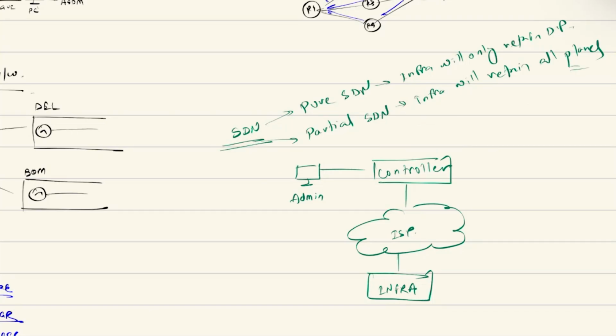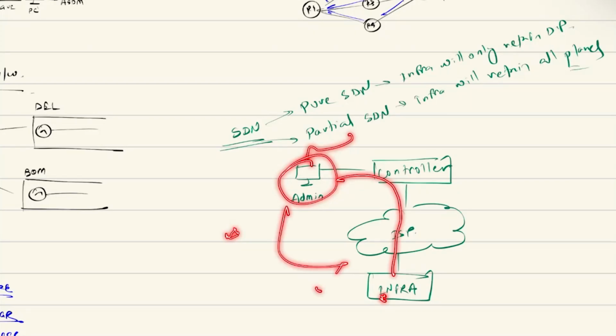In our training, in our class, our motive is not to use a specific type of SDN. Our motive is to focus on how we can use partial SDN tools, and that's exactly where Python, Ansible, Terraform, Docker, and all that stuff comes in. So instead of having a dedicated controller, how can we install these tools directly within the admin machine and programmatically communicate with network devices instead of communicating with them using CLI and GUI?